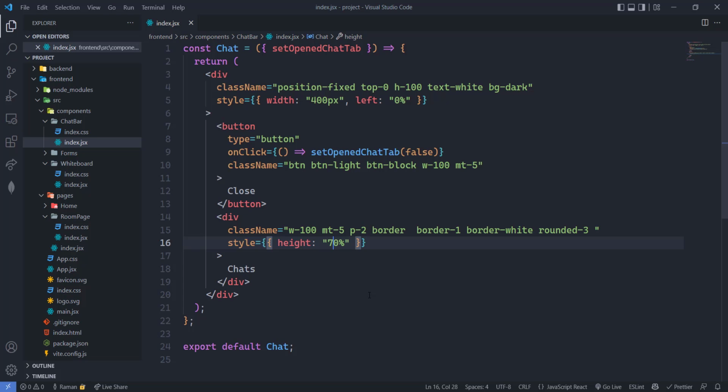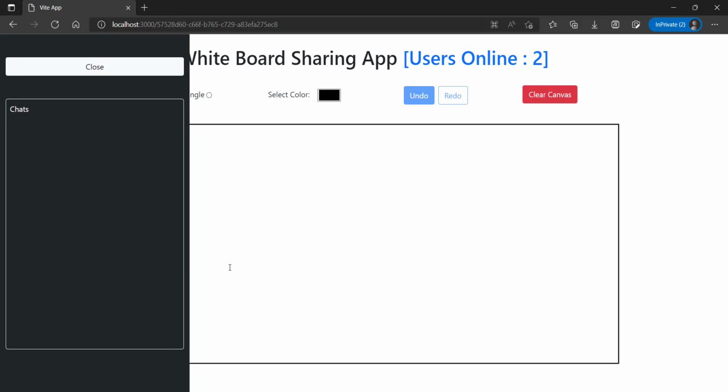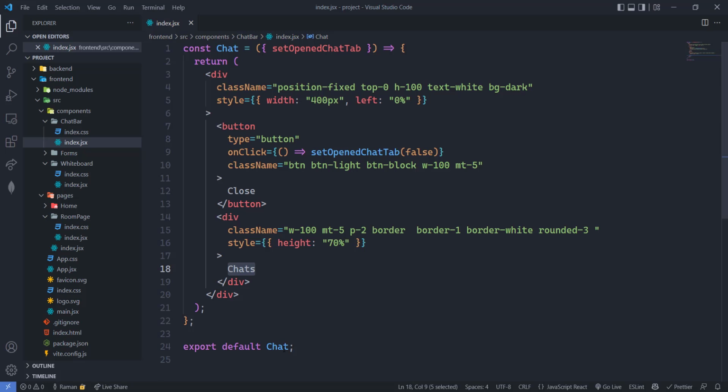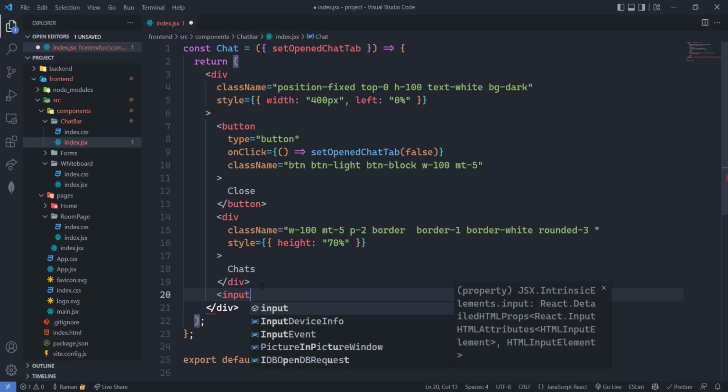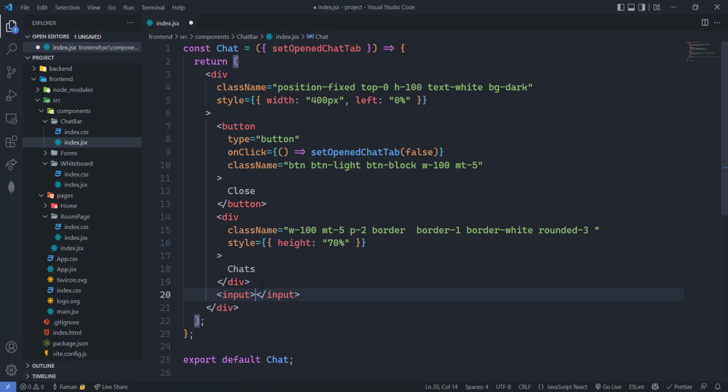So here what we are going to do here, I'm not going to add any CSS in this chats here for now. But first of all, let's add the functionality and then we are going to do the presentation of this. So here what I'm going to do, so here I'm going to add the one input. So input will be the,